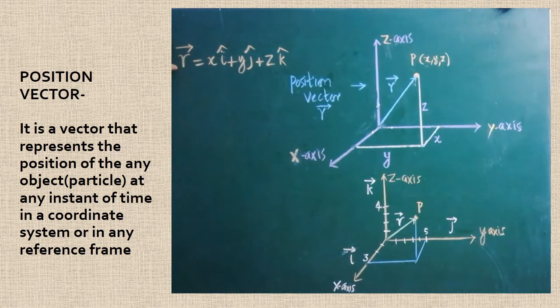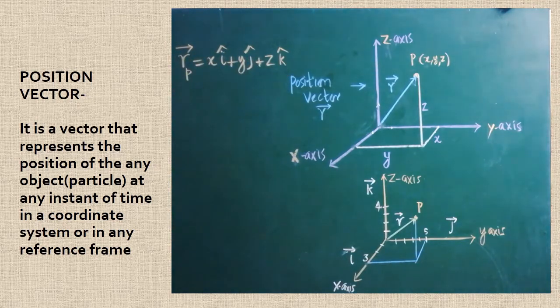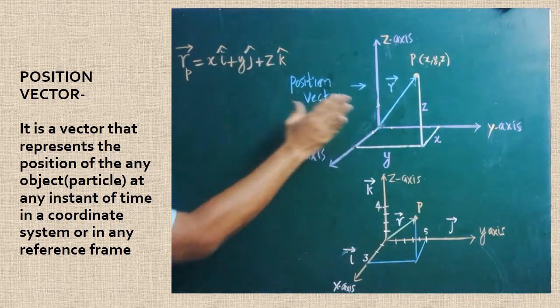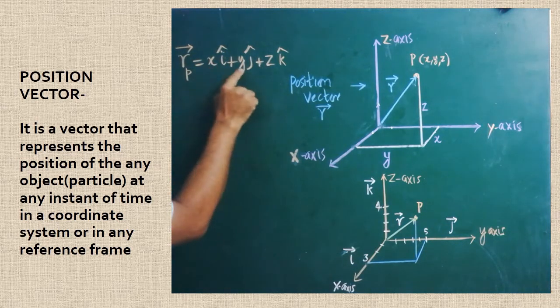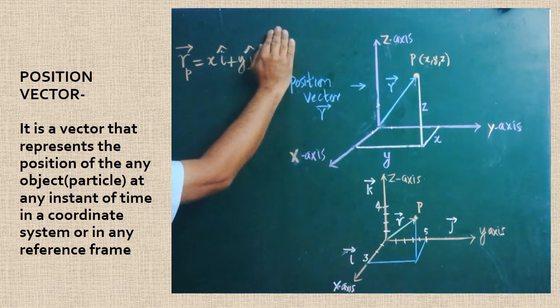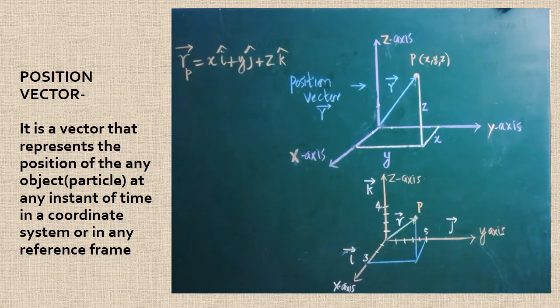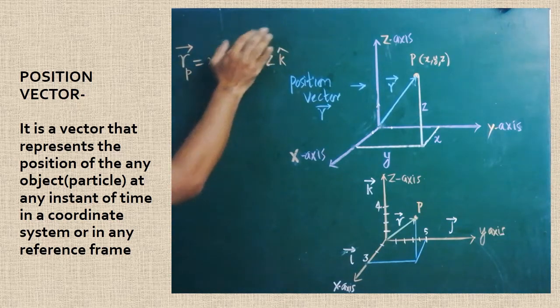Are you clear? To locate any point P on the three-dimensional coordinate system, we can write like this. R p vector, that is position vector for point P, is equal to x i cap plus y j cap plus z k cap. This is a general format. Since it is a three-dimensional coordinate system, you are able to observe all the three, x, y, z. If it is a two-dimensional coordinate system, any one of them will disappear. If x and y axis alone is represented, this one will disappear, the other two can be taken. If the point P is located on the x-axis or y-axis alone, two of them will disappear, and any one should be taken.